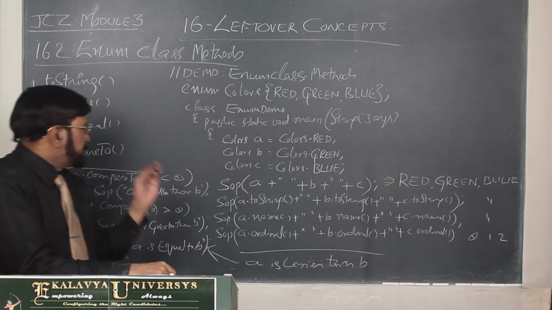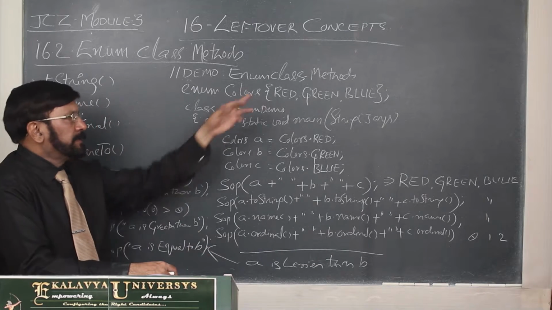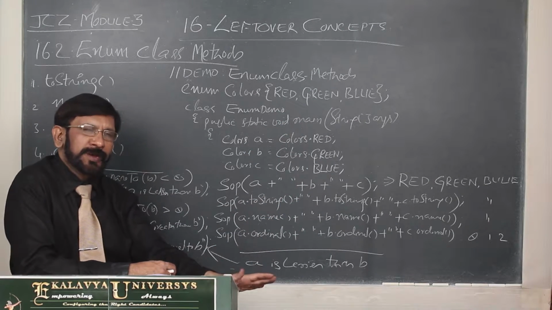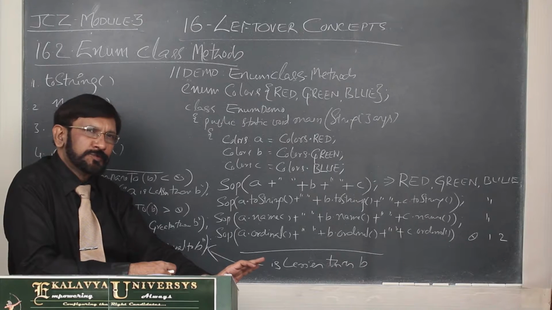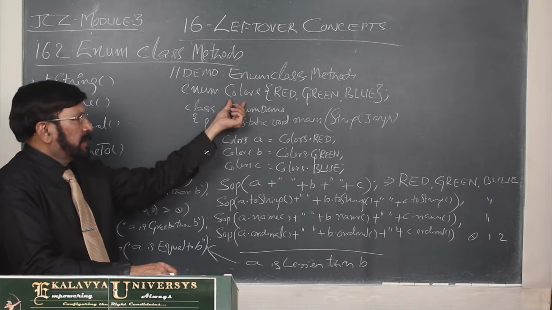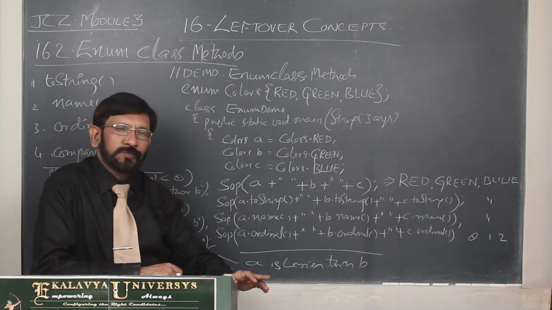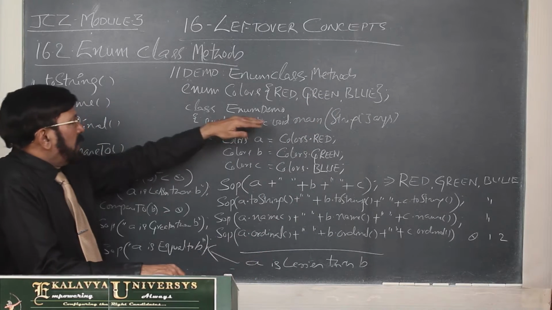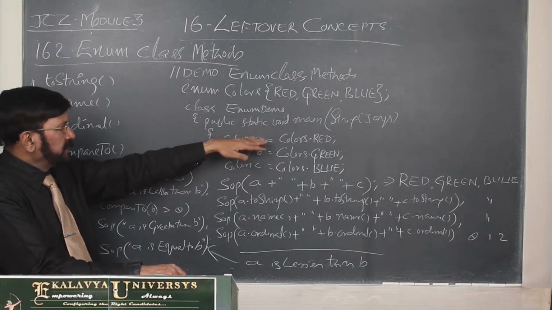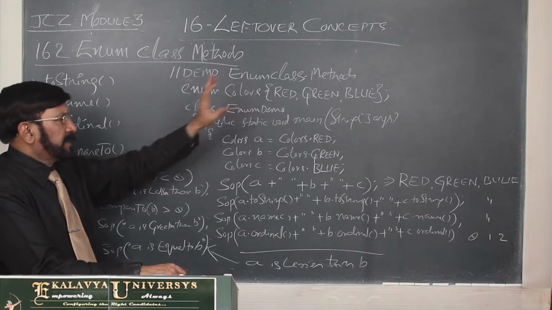So here I am just introducing a few instance methods which are inherited by an enum, and by studying this code you can understand how we can write code using enums. Now you see, I have taken a simple enum, enum Colors. In that, three constants are there: red, green and blue. Only three constants. I have written it above the class. If you want to write it within the class also, you can do that. For the sake of clarity, I have written it like this.